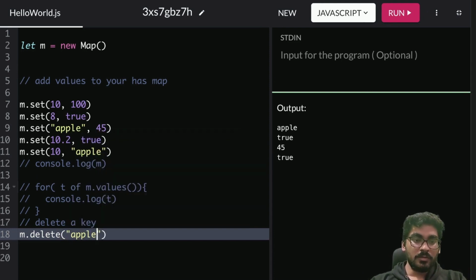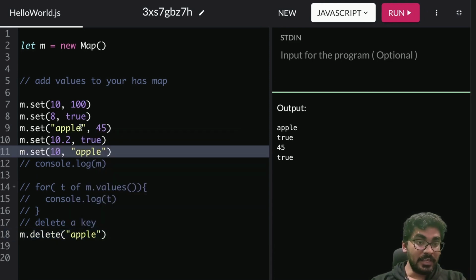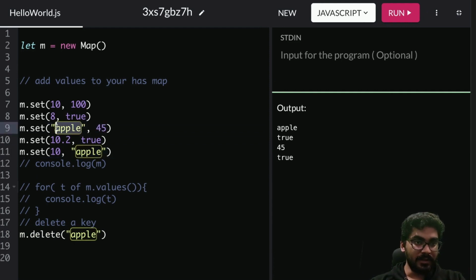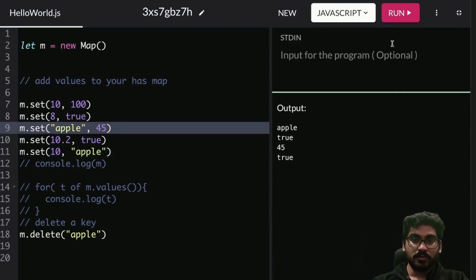Okay. Remember, the value one will not be deleted. The key one, it is the key. So this key will be deleted. Apple 45 one. Okay. So if you search it, like after this, let's print